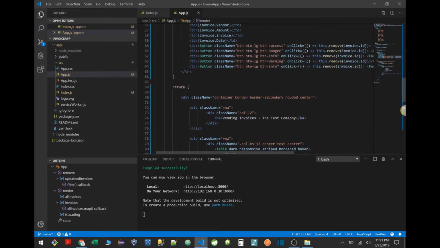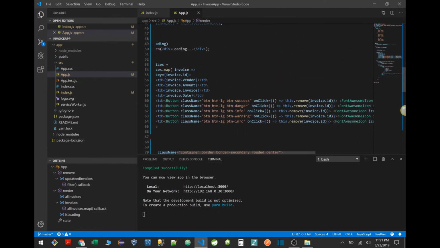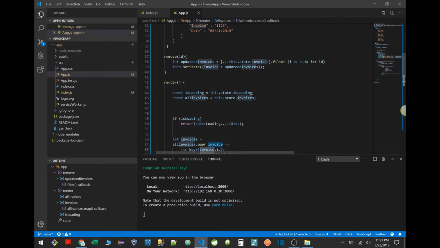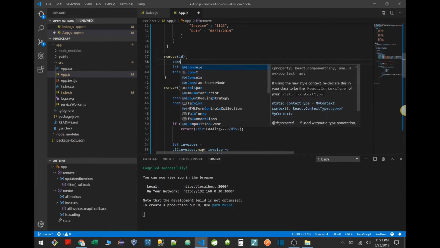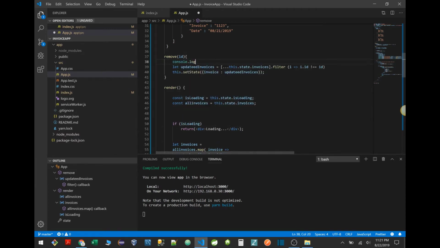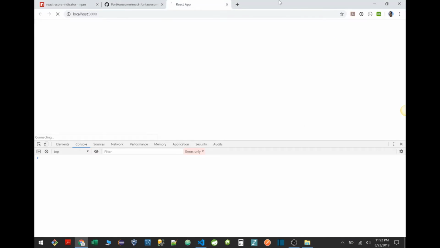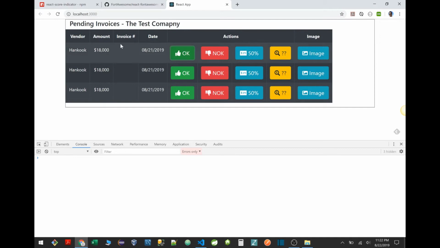The way we're going to debug this application most of the time in React. So I am passing the invoice.id. So I should be receiving that in my basically remove method in my application. And let's find out why that's not working. So first of all, I'm just going to go ahead and have the console.log, and we're going to put this ID